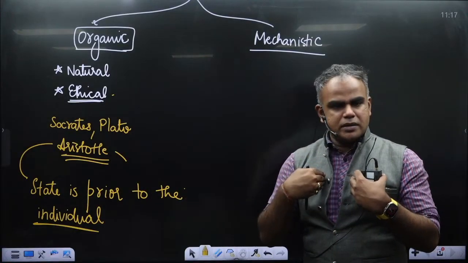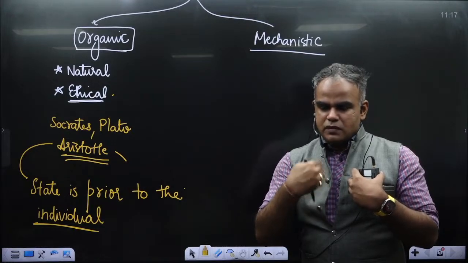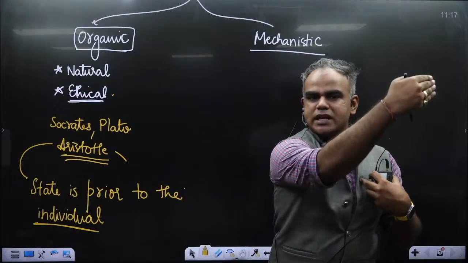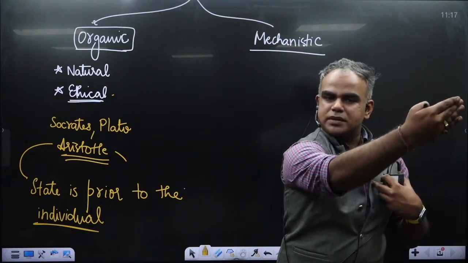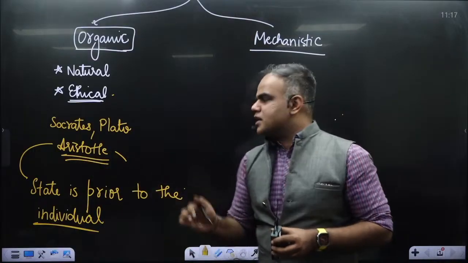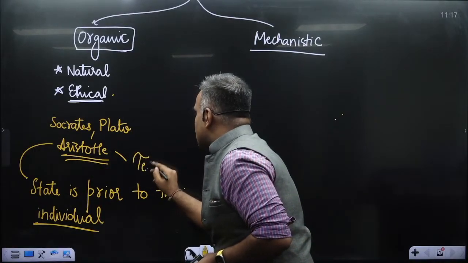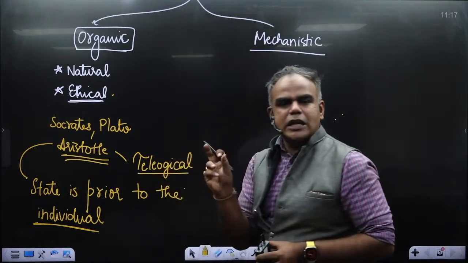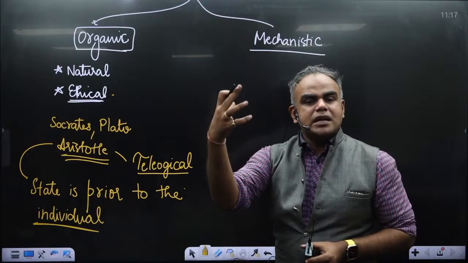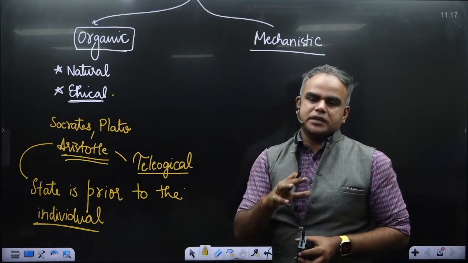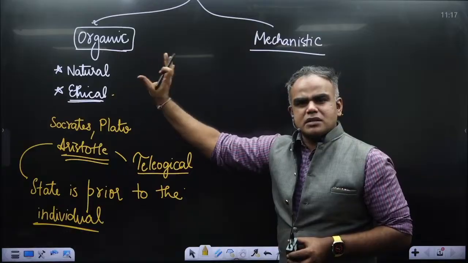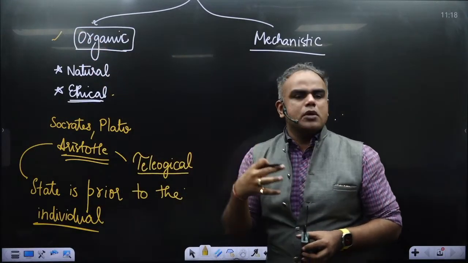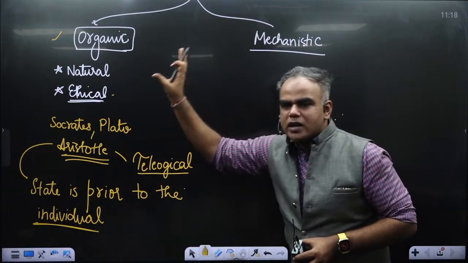Chronologically we appeared, so we as an individual were there, we created families. After families we had society, we had a village, we had a society, and after that we created a state. But Aristotle simply says that, and there he presents a teleological argument. Telos, yet teleology means it is man's destiny or man's purpose to be under the state, okay. So basically just as I'm not expecting a question directly to be asked on organic theory, but because we are doing theories of state, we should know, yes, what is organic theory of state.